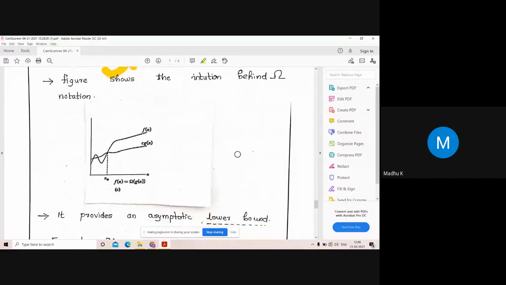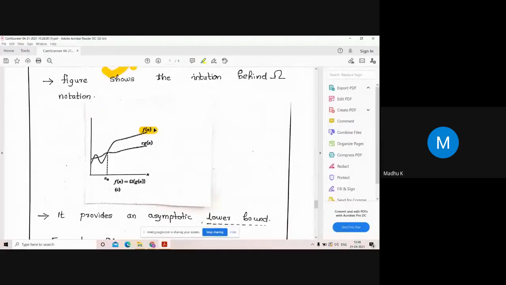This will be the meaning. The function we are analyzing, okay, we are concentrating on that function, and g of n is a reference function. Okay, so c into g of n is there. This is the curve of